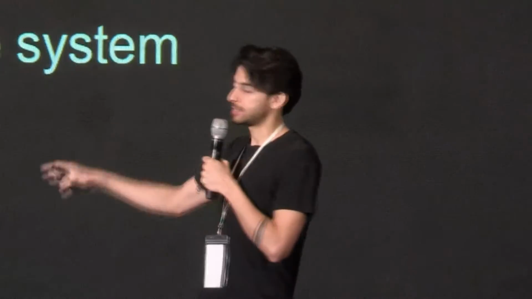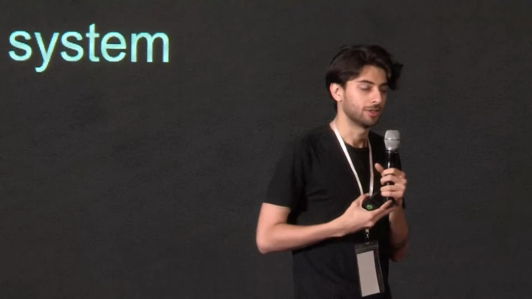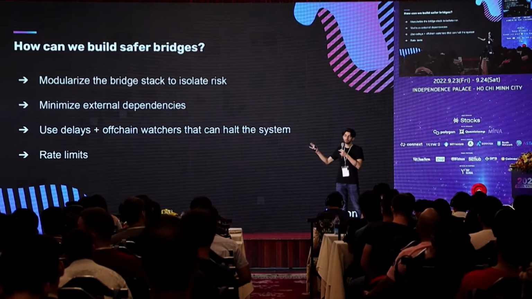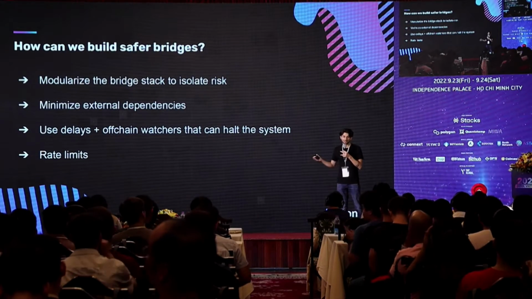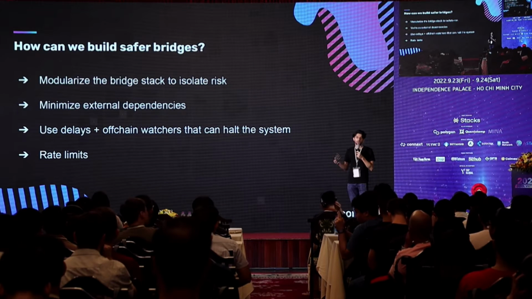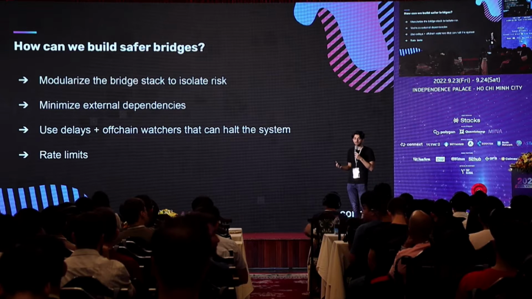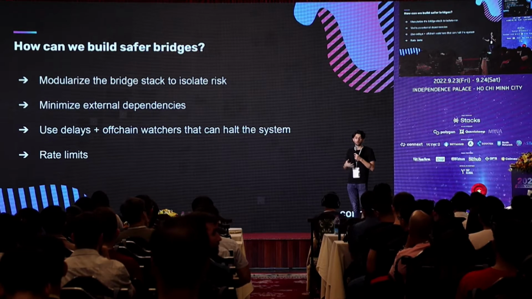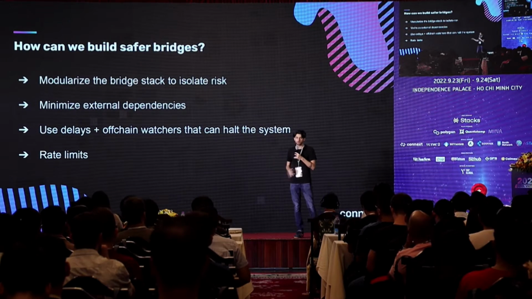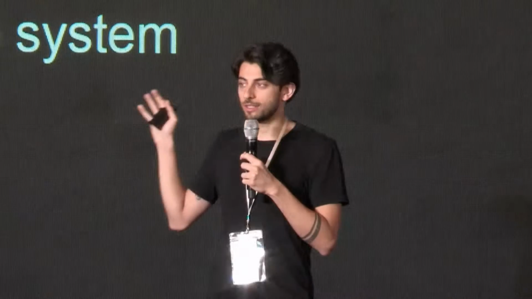And that actually brings me to the last one as well. More generally, just rate limits. How do we stop the risk of hacks in this space? Just implement rate limits that stop an attacker from stealing all of the funds in a single transaction, right? So if you limit the ability to withdraw funds so you can only withdraw, say, 10% of the funds in 5 minutes, you can shut down a system before all of the funds are lost. And I think that this is true not just for bridges, but also for the DeFi ecosystem overall. And a lot of the core research that is going into security here is going to be applicable to the rest of the DeFi ecosystem.